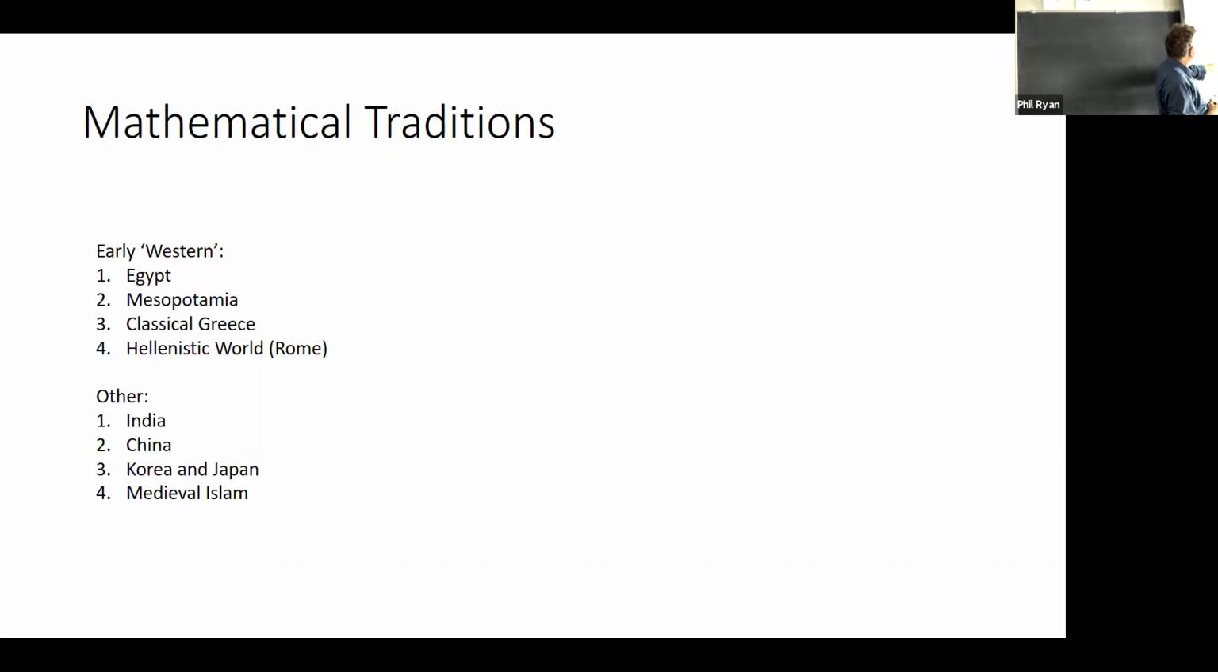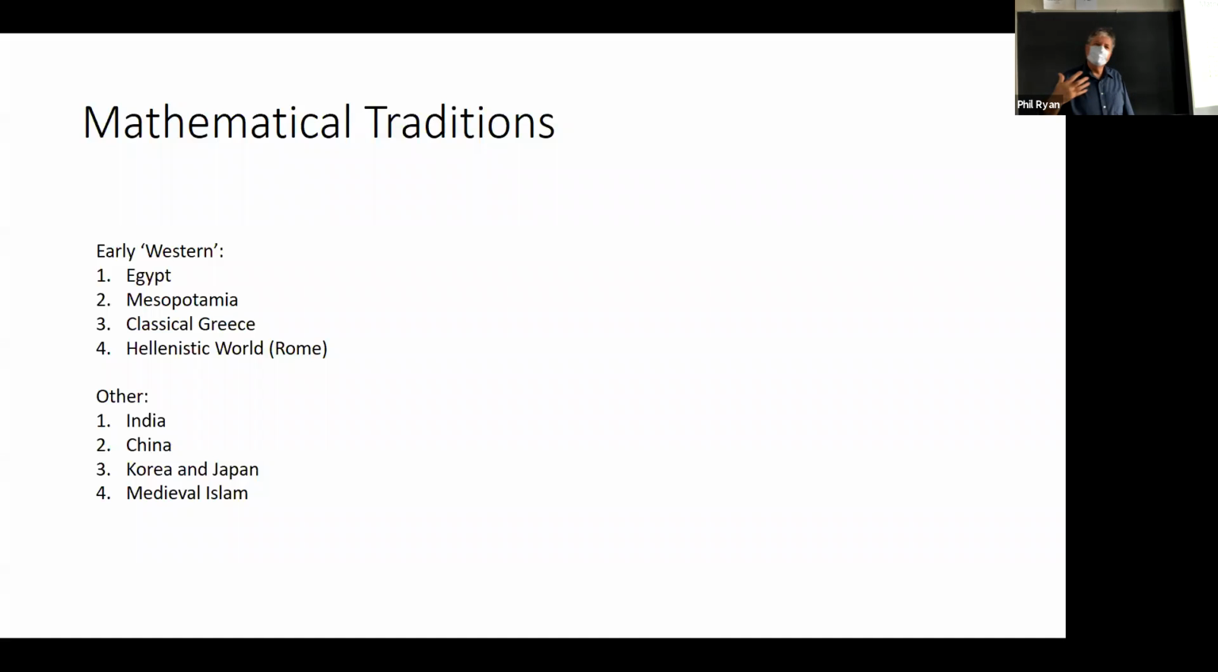And we saw other very strong mathematical traditions, particularly India and China. We didn't spend really as much time on those as they deserved. We could have done a course just on each one of those things. We briefly looked at Korea and Japan, and of course, the main thing that we did in this course was